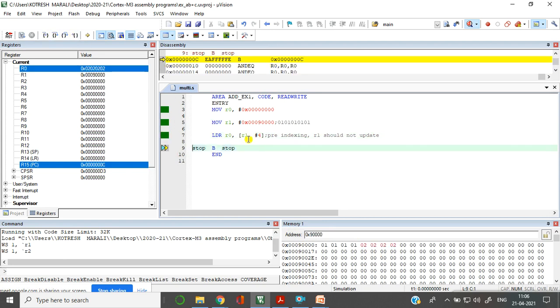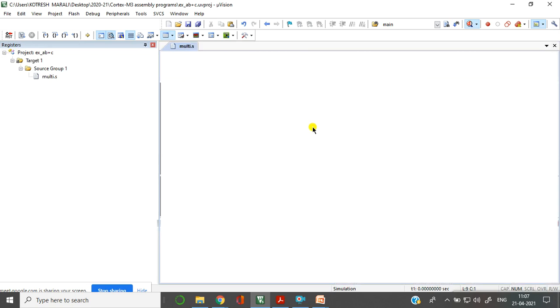Now look at this. After execution, R1 has not updated, but the data is fetched from R1 plus 4, the pre-index base address plus the offset. Okay, so this is all about just pre-indexing.